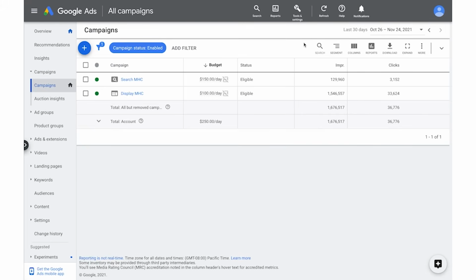One reason you might want to export data from Google Ads by campaign is so you can keep an archive of data from past campaigns for analysis and comparison. Here's how you export campaign data from Google Ads. First, go to your list of current and past campaigns. Before you select a campaign,